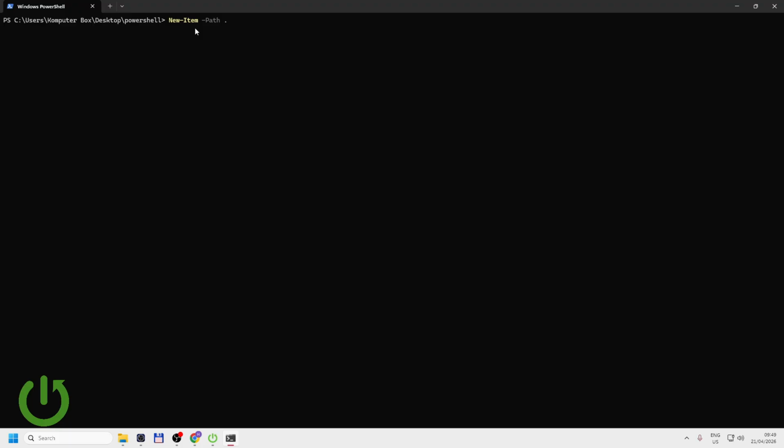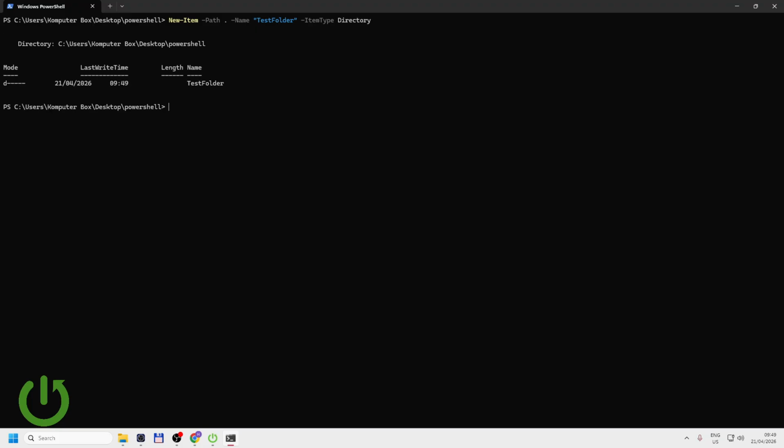Then we have to specify the name, for example test folder. And then it's very important that you specify the item type, because if you are not going to specify the item type, you are going to create a file by default, I think. So the item type will be directory. I can press enter, and as you can see, in the PowerShell folder we have the test folder right there, and I can print that